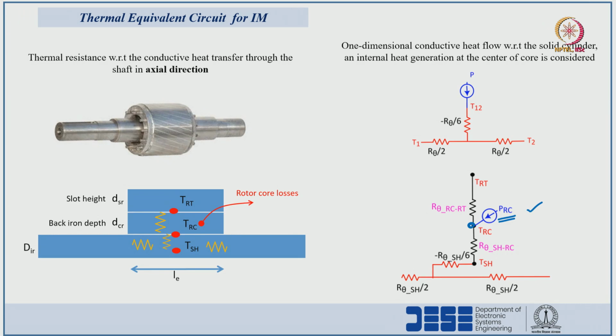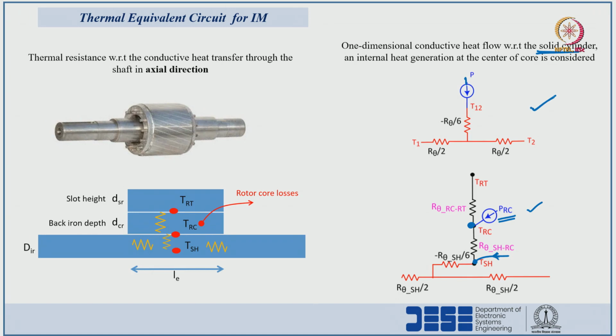Then we can see how to realize the thermal equivalent circuit. We can consider the losses with respect to the shaft side also, the core losses. If we consider the heat generation at the midpoint of the cylinder, a solid cylinder, not a hollow cylinder,